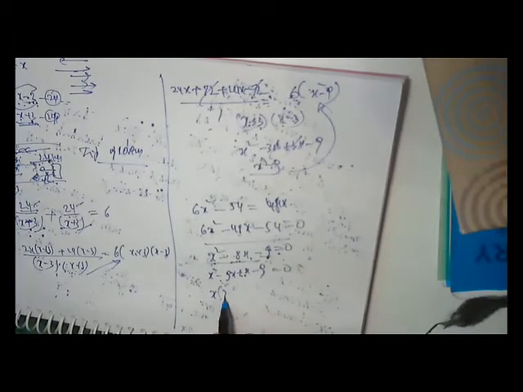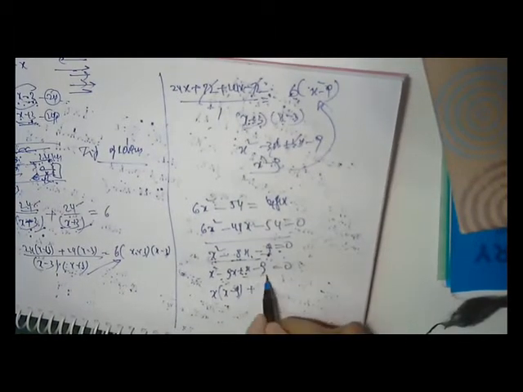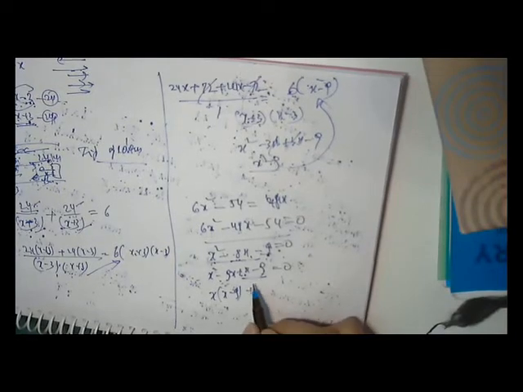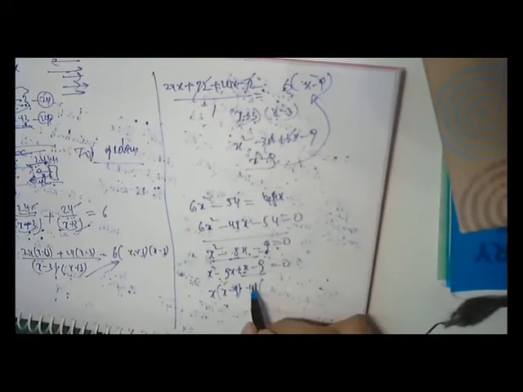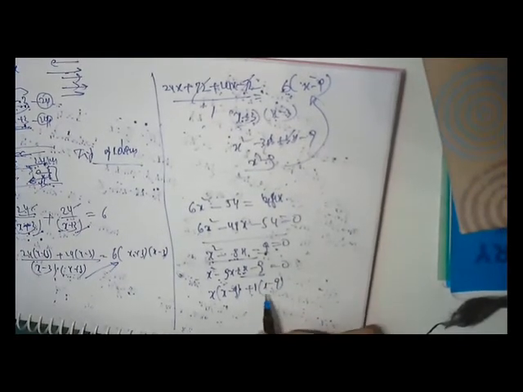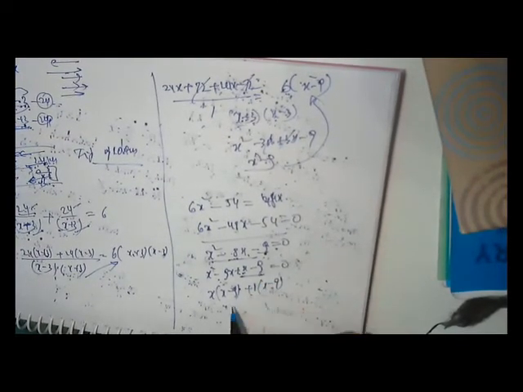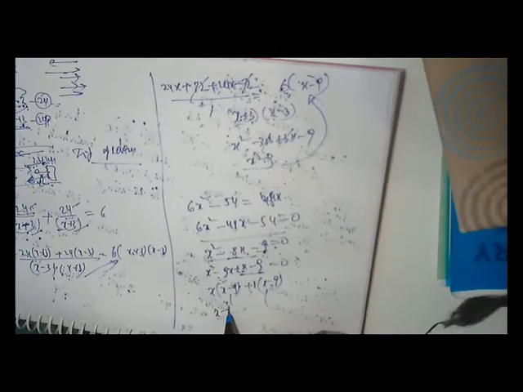So when I take x out here, x minus 9, plus here is x minus 9. So I have to take 1 out because I have to convert into brackets. So I put 1 outside: x minus 9 into x plus 1, with x minus 9 itself. So here, what is common? x minus 9.